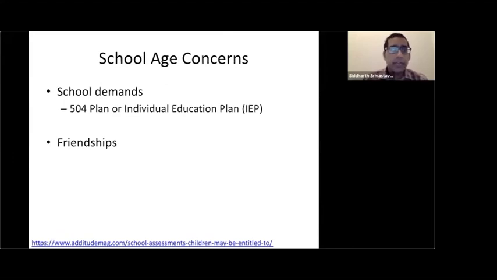In the school age, this is the time to think about whether the child needs certain accommodations and may get by with just a 504 plan or would need more support, such as with an IEP, which would be preferable for kids with HIVEP2 disorder. This is also when friendships start to blossom. And keep in mind that kids with ADHD can have social impairment too, because they may not be paying attention to social cues, for example.